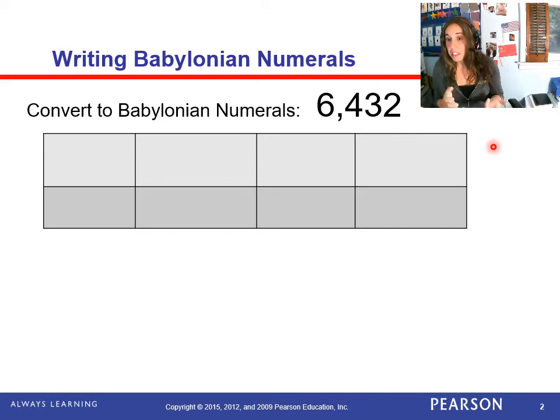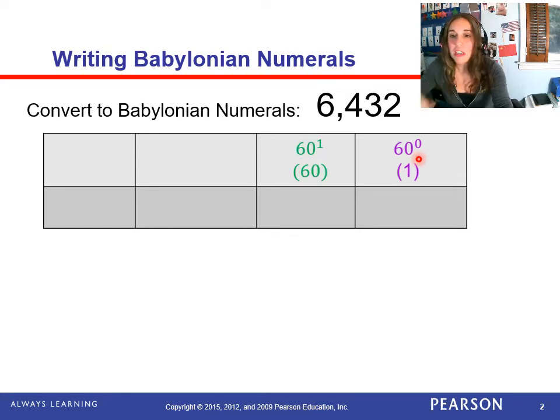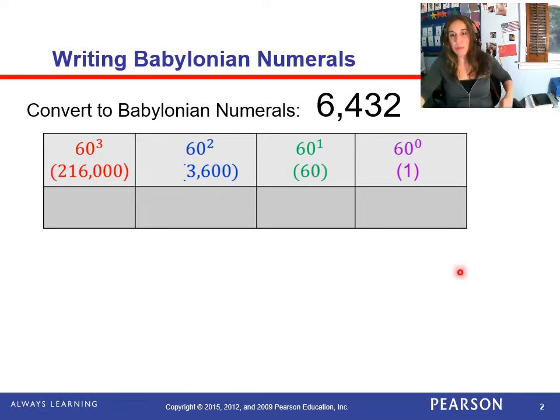And I'm going to do basically the same thing with this table that I did as my first step in the last problem that we looked at. I'm going to write my powers of 60. So that's the first thing I'm going to do. So here's my 60 to the 0 power, my 60 to the first power, which is of course 60, my 60 squared power, which is 3,600, and my 60 cubed power, which is 216,000. I don't know why this parenthesis didn't show up. That's strange. Okay, so now I need to look at my number, 6,432, and I basically need to decide how